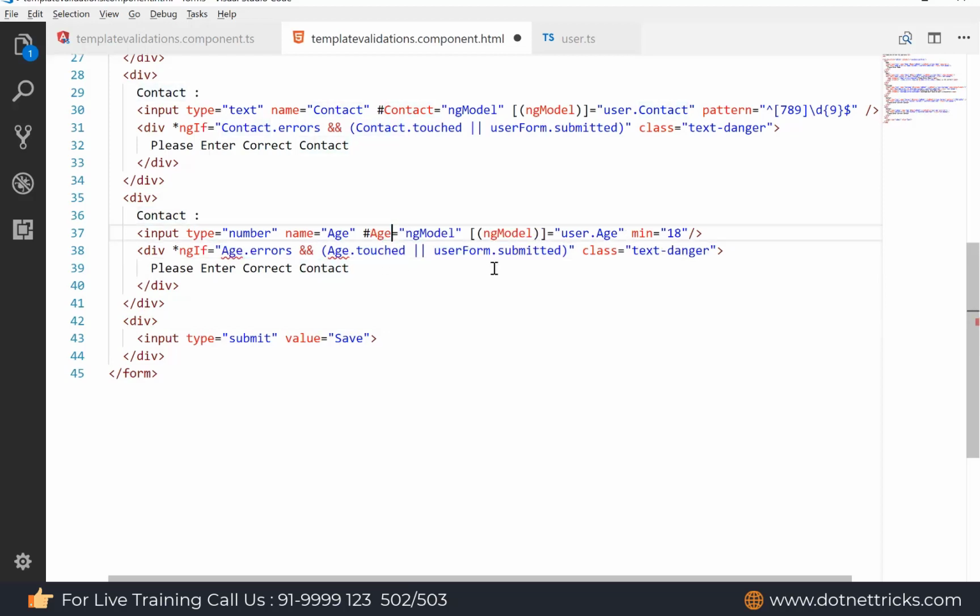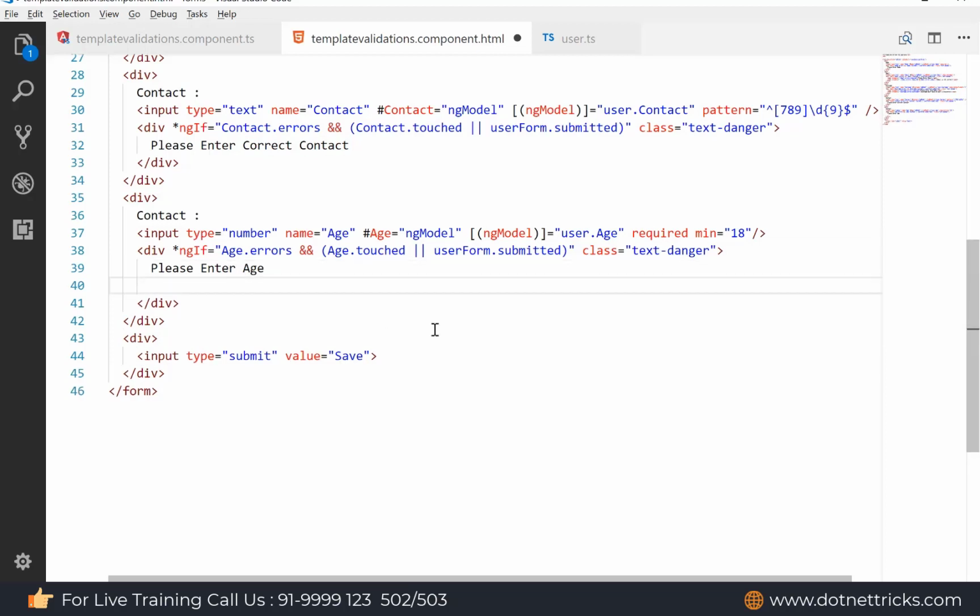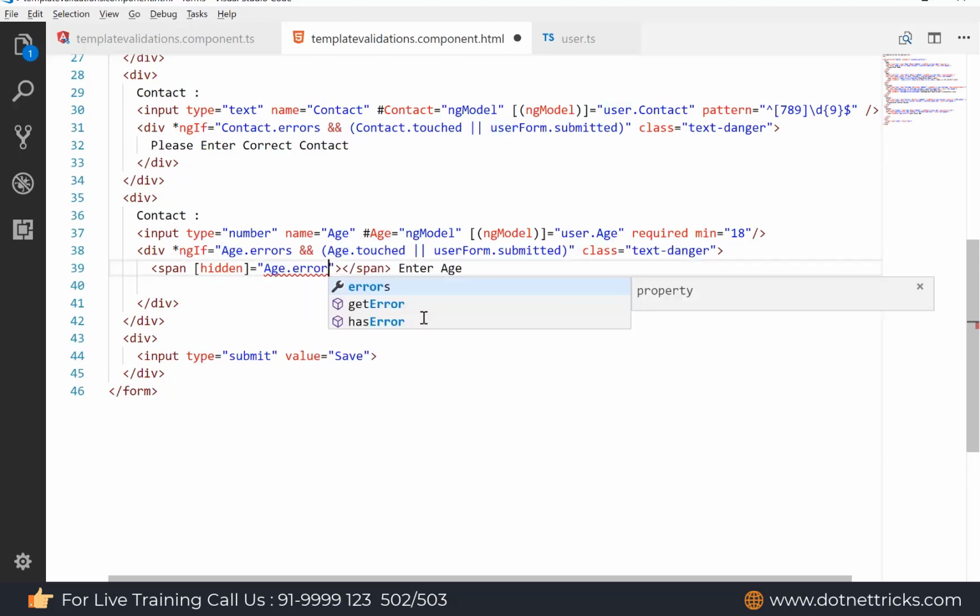So here I'm just using the age. Here we can check for the min error. Let me define the required as well. For required, I'm using please enter age. Again we have to use two spans. One span I'm using with hidden, and in the hidden I'm defining age.errors, then required.